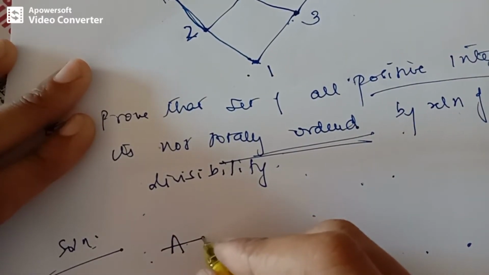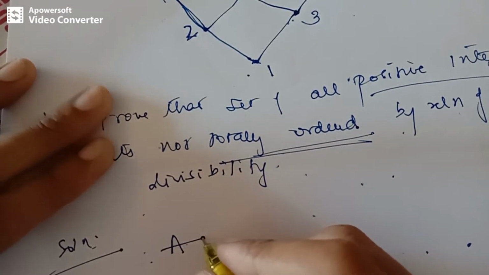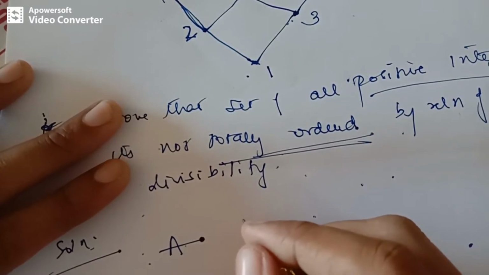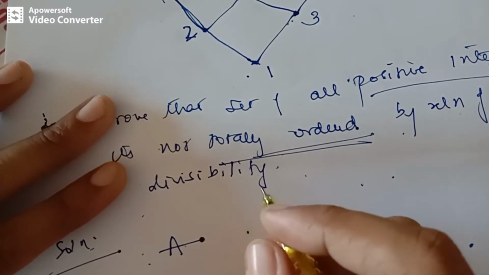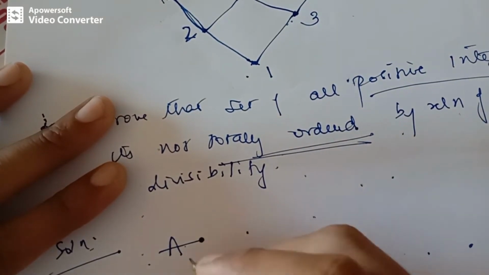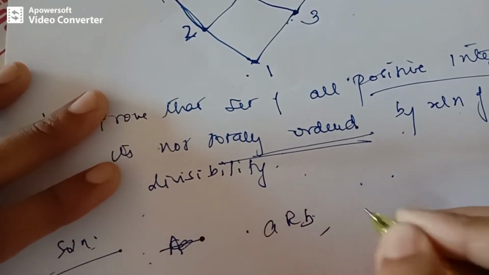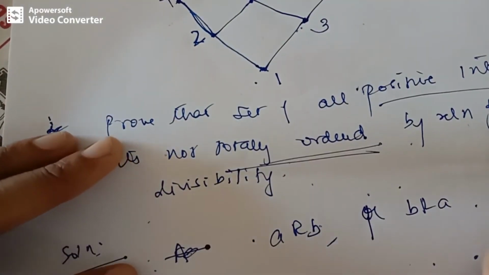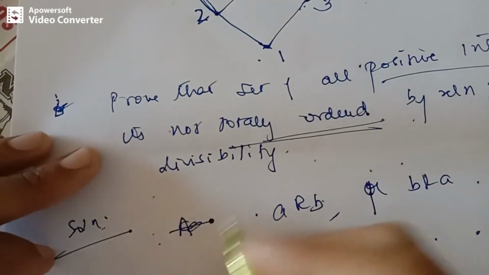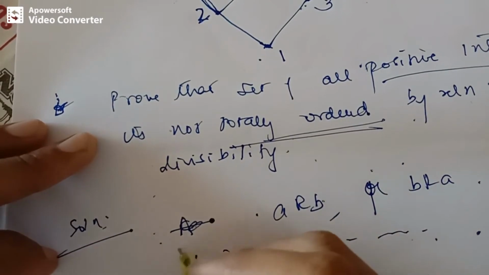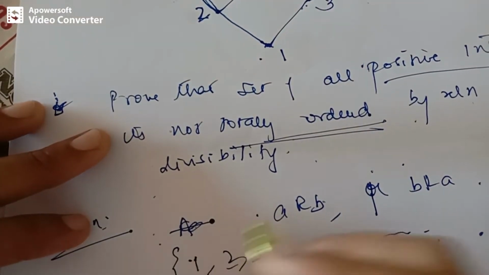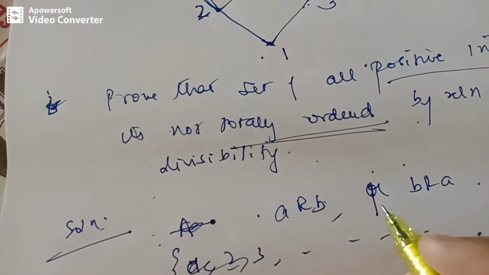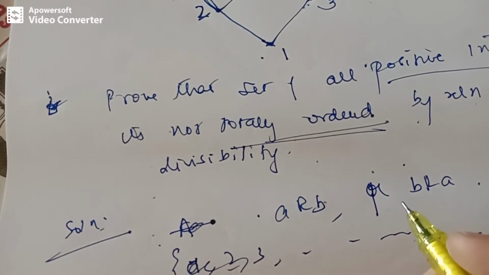In order for it to be totally ordered by the partial order R, if you want to say consider a total ordered set, it should be a partial order first, and it should satisfy A related to B or B related to A. Okay, if you take any positive integer, there are these many elements, right? Positive integers, starting from 1, 2, 3 and so on. We need to check whether each and every element is divisible.